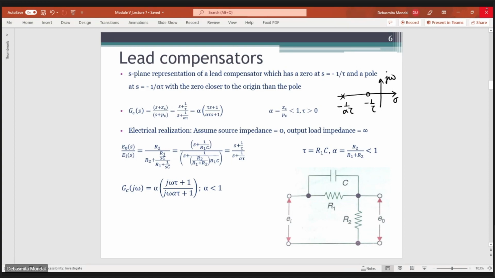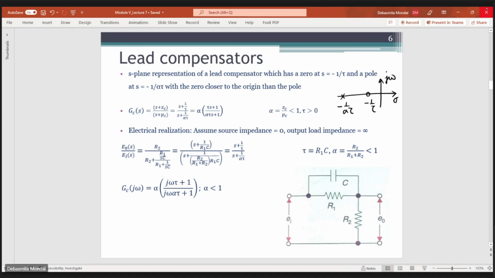So in other terms, it has a gain of alpha, and the value of alpha is less than 1. Or in other terms, you can say that the gain of alpha is equivalent to an attenuation of 1 by alpha, right? Since the value of alpha is less than 1. So in order to cancel out this DC attenuation, you can simply add an amplifier circuit in the subsequent stages, that amplifier being 1 by alpha.